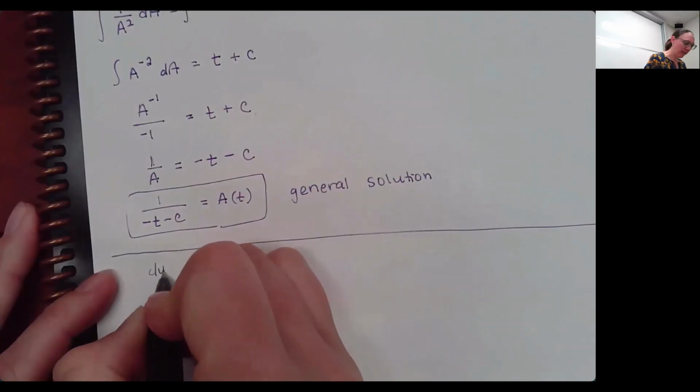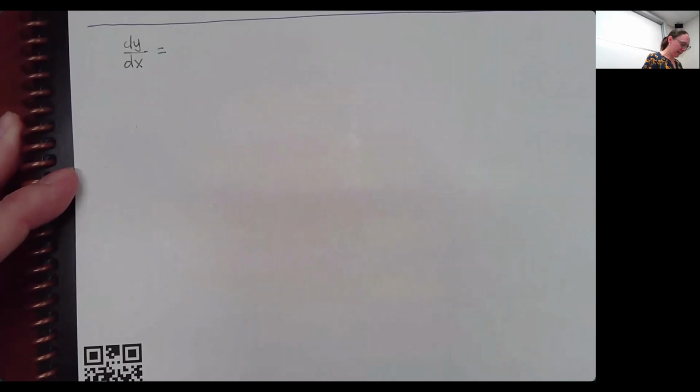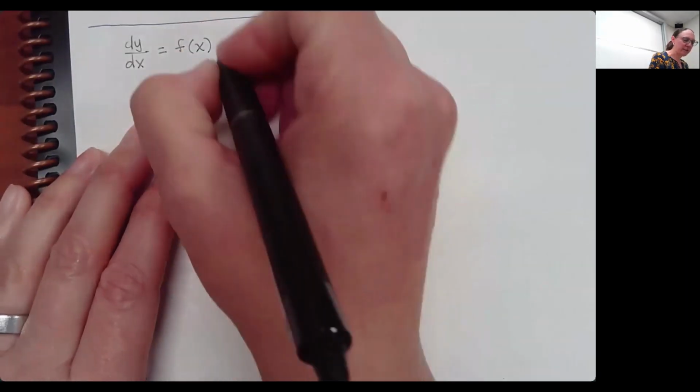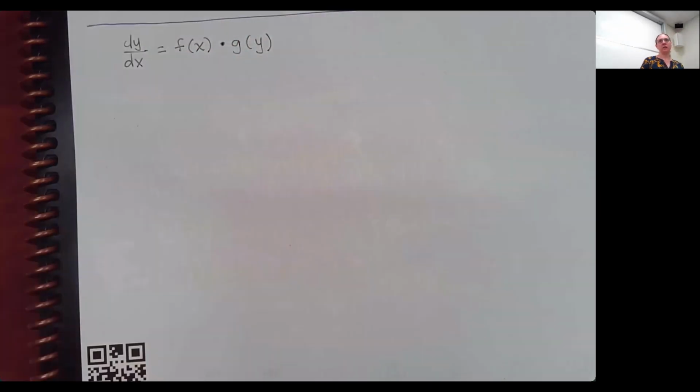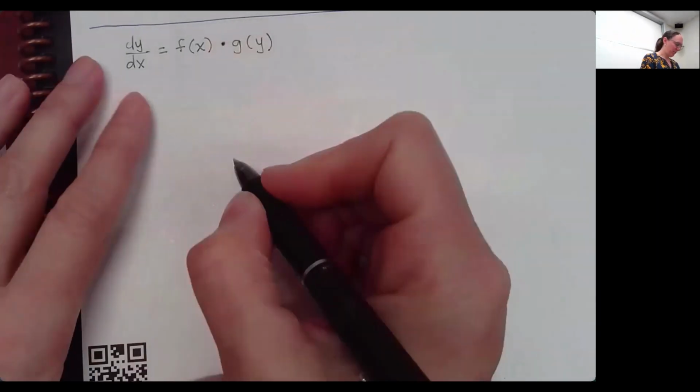A form that looks like this: I can write my derivative as a function that involves only x times a function that involves only y. Then I'll be able to move my y parts to one side to live with my dy and my x parts to the other side to live with the dx. So let's do a couple of those examples and talk about